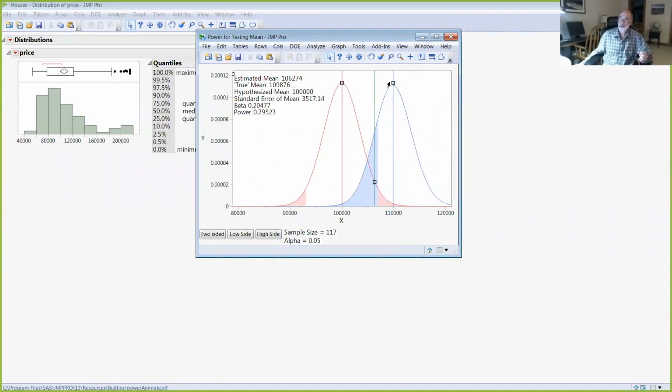On the other hand, small differences, our test is not going to be able to detect. If we actually had 103,376, if that was the true mean, the ability of our test to detect the difference between 103,376 and 100,000 is actually very small. It's only a 16% chance, a 1 in 6 chance that we would be able to detect this smaller difference. And a reason why we do not have a very powerful test here is because the thing